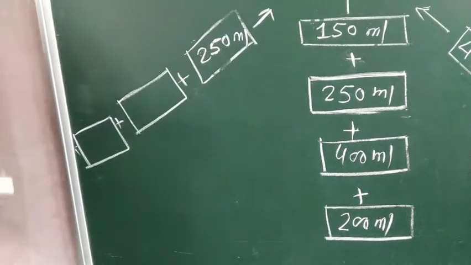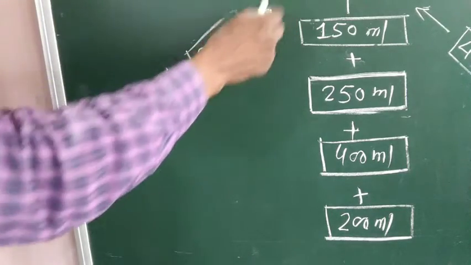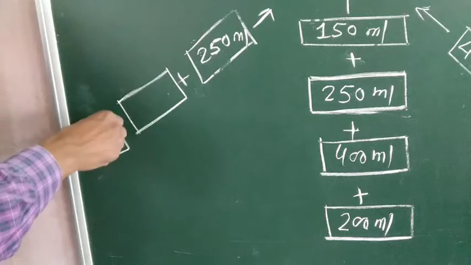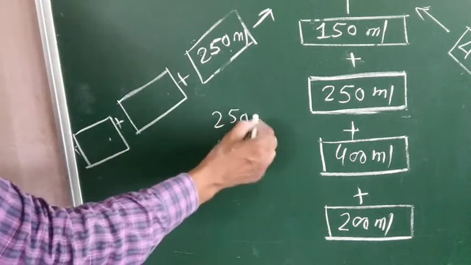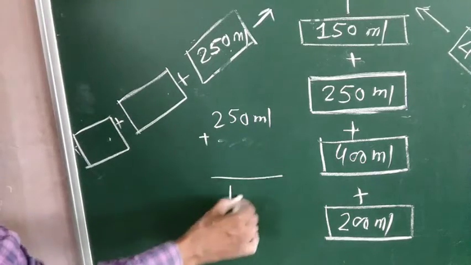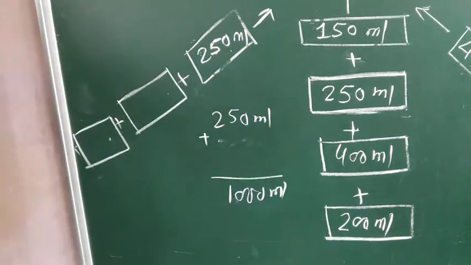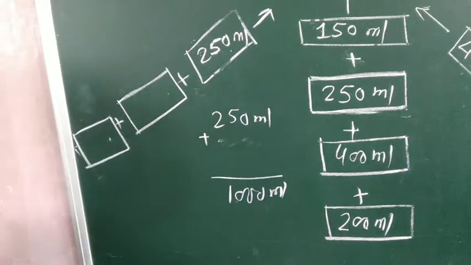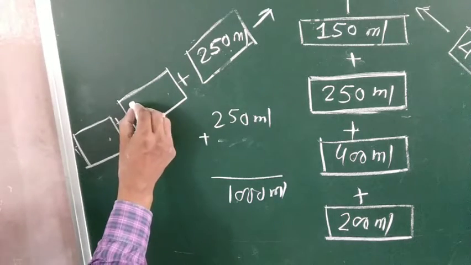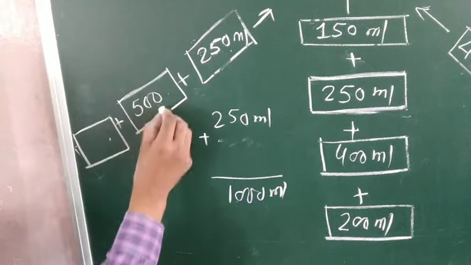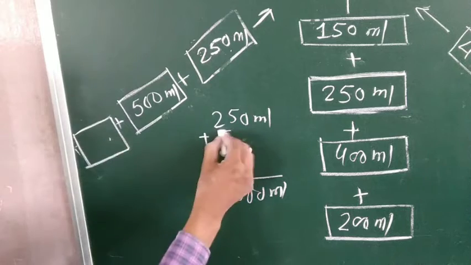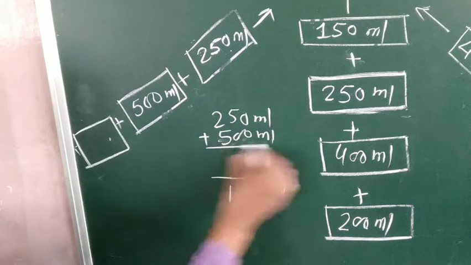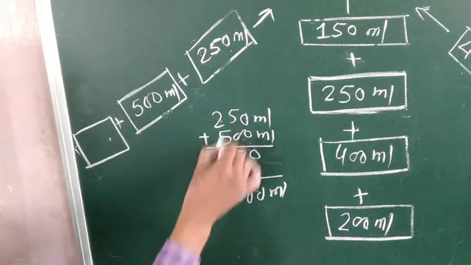Next, see, it is 250 ml, and the total is 1 liter. Now here 3 boxes are here. 1, 2, 3. In 1 box it is 250 ml. Now plus 1 equal to हमें 100 ml करना है यहाँ पर. Sorry, 1000 ml करना है. So see, if I write here 500 ml, अगर मैंने यहाँ लिख दिया बेटा 500, तो क्या होगा इसमें? देखिए 500.